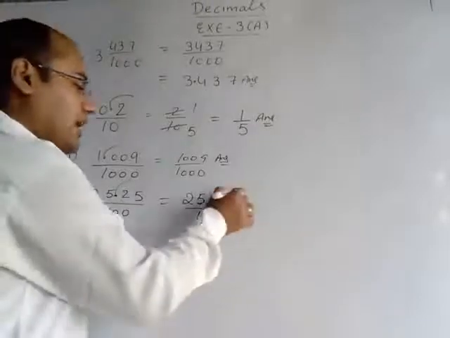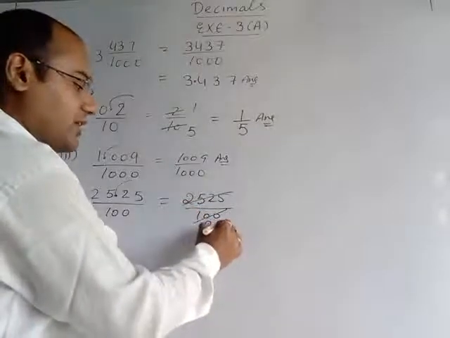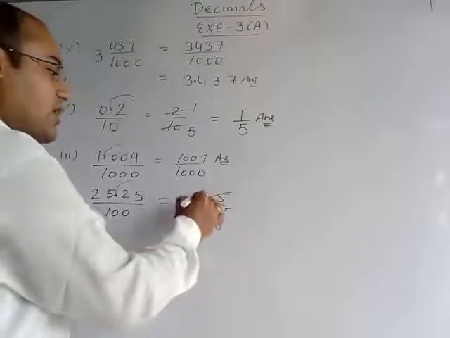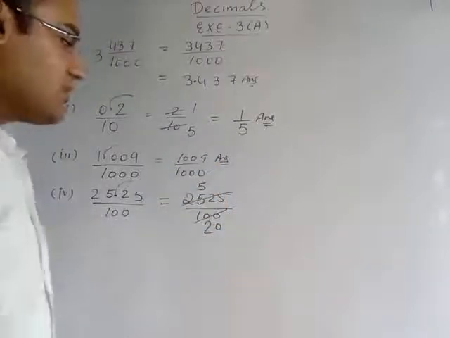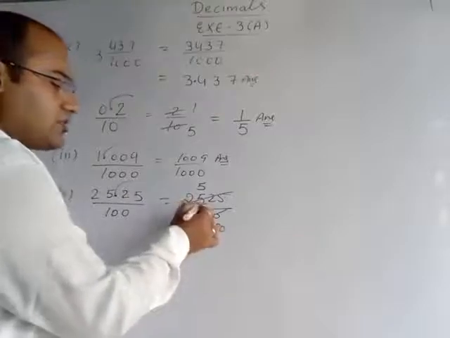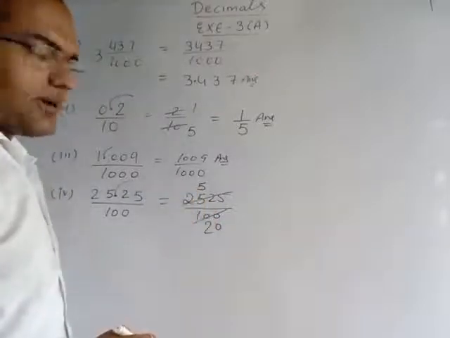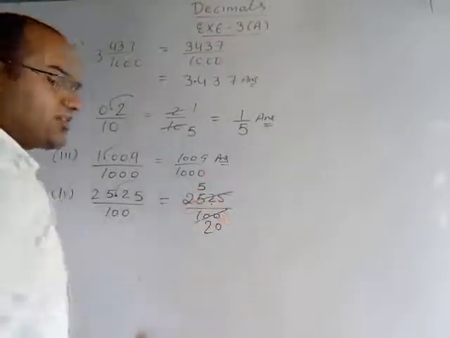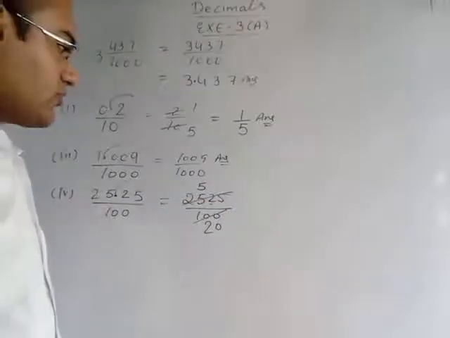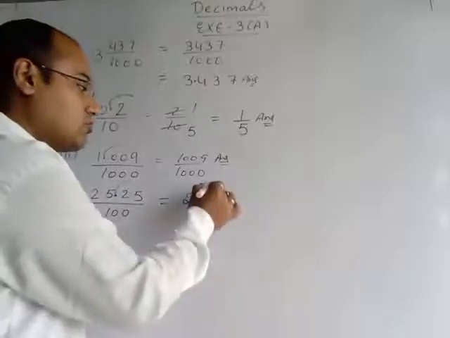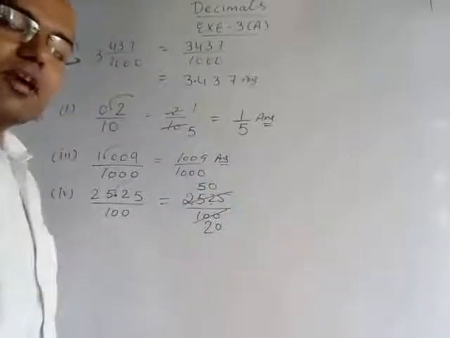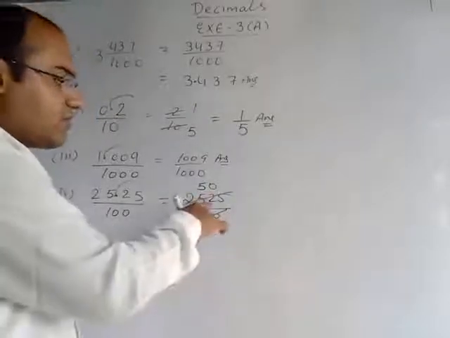With the table of 5 we will cut it. 5 2 ja 10, 5 0 ja 0. Again we will cancel with the table of 5. 5 5 ja 25. Now in this the remainder is not there. Since remainder is not there, we will take the next number. Next number is 2. 2 is not coming in a table of 5. So what we will do? We will take 5 0 ja 0. Remainder will be 2.